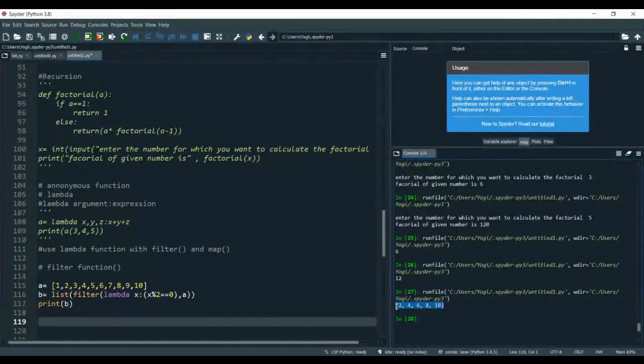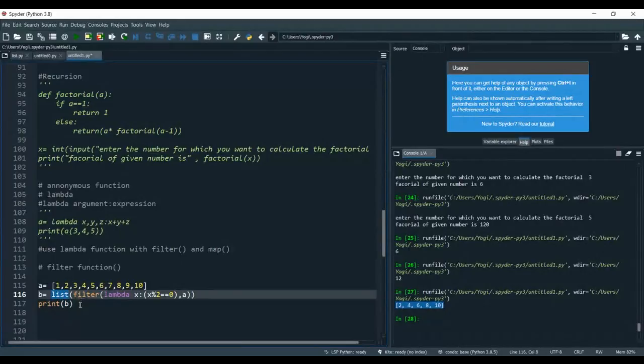Clear? So you can make use of the filter function in such a way. If you want to filter out a particular value, in a simple line, make use of list. It will give you the elements in a list. You are creating a new list B. So you have used the list function, and you are filtering out the values by evaluating this expression. So you can use the filter function to filter out something from your previous list or any other value, right? Is it clear to all?